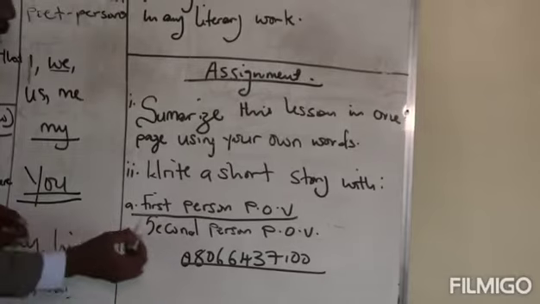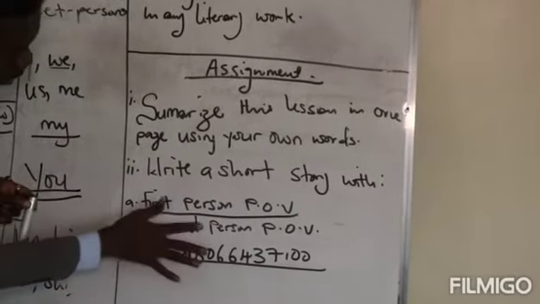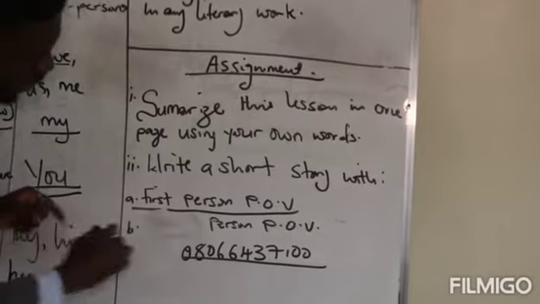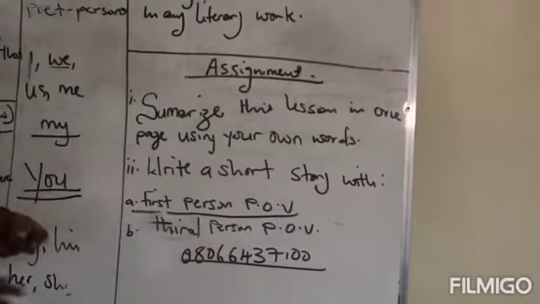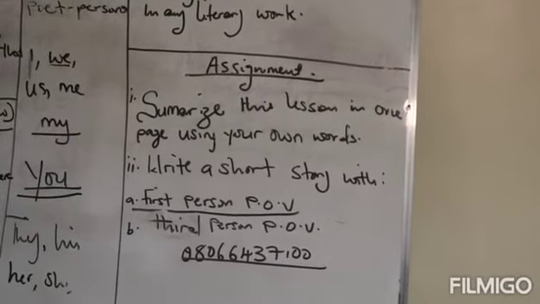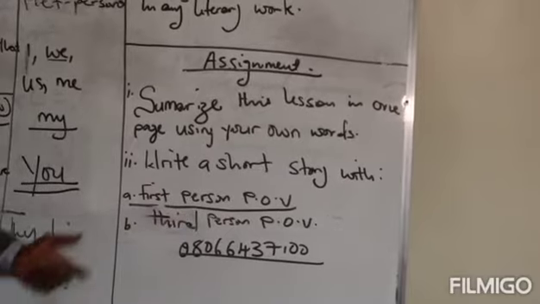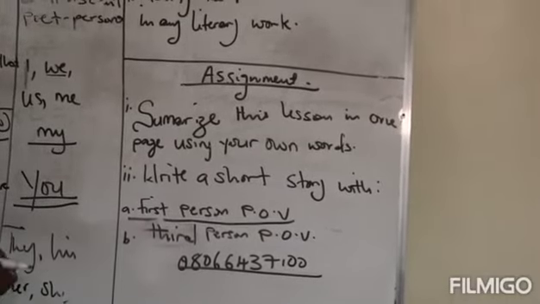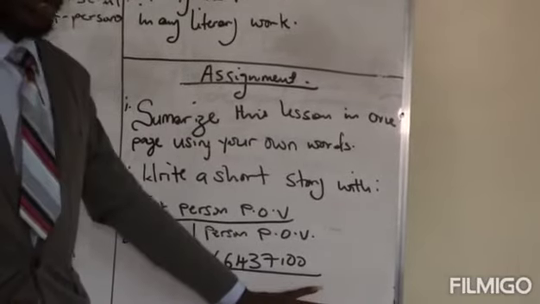Then the second one, write a short story using the third person point of view. You can decide to use the omniscient or the limited, any of them. But write me a short story using the first person point of view and a short story using the third person point of view. And when you're done, you submit to this WhatsApp number,